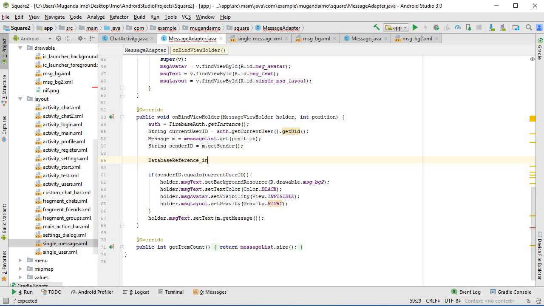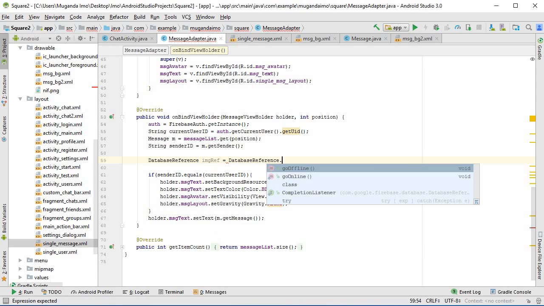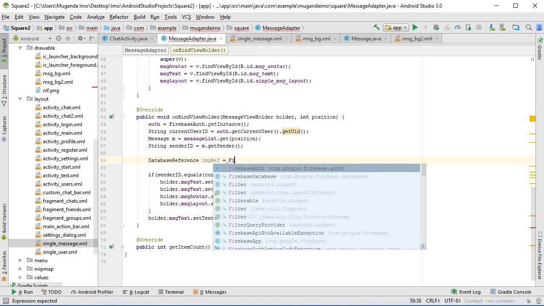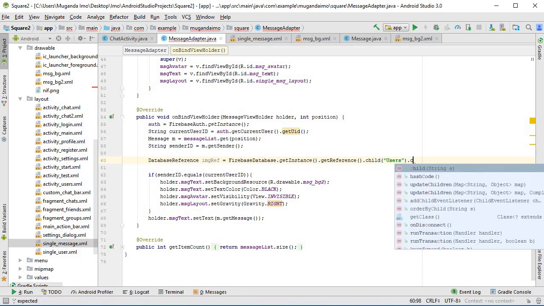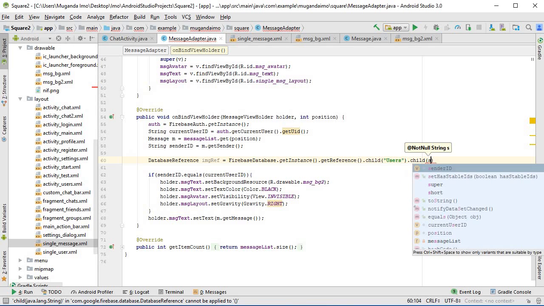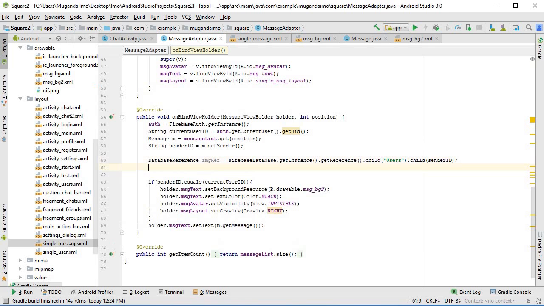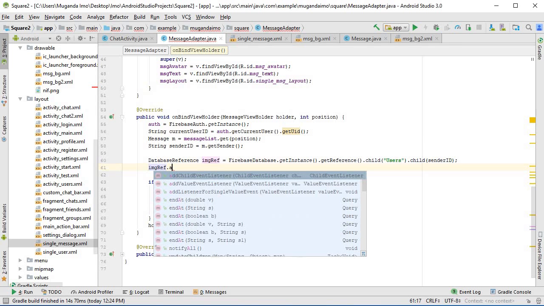So database reference, I'll call it IMGRef, IMGRef is equals to Firebase database.getInstance().getReference().child("users").child(sendID). Okay, next is IMGRef.add